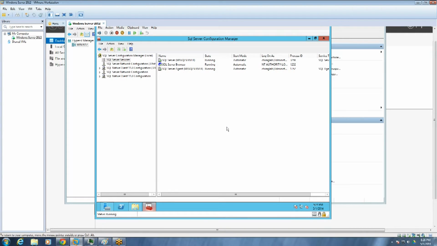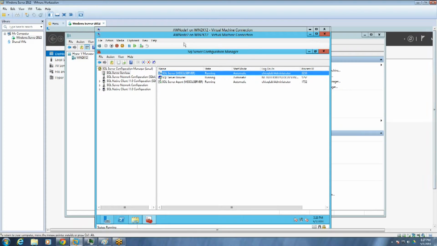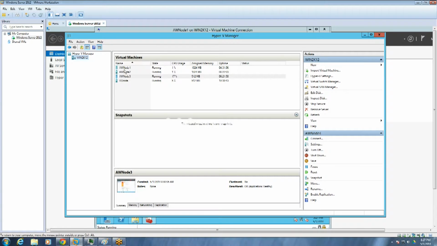After that, you need to remember this thing. Once SQL Server is installed on all the nodes, you have to make sure your SQL Server service is running with some domain account. I'm running it with my domain administrator account. So my SQL Server service on each of the nodes, like this is my node 2, AW node 2, Always On node 2. In the same fashion, I have Always On node 1 and Always On node 3. So I have 3 nodes right here if you see: node 1, node 2, node 3 and DC node.